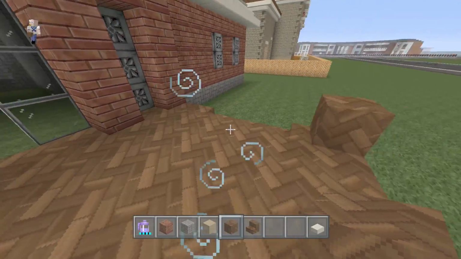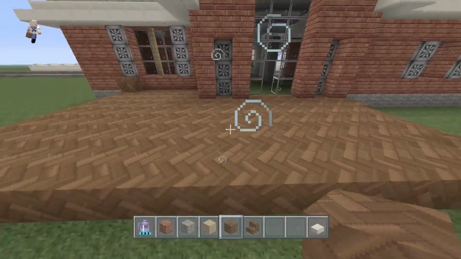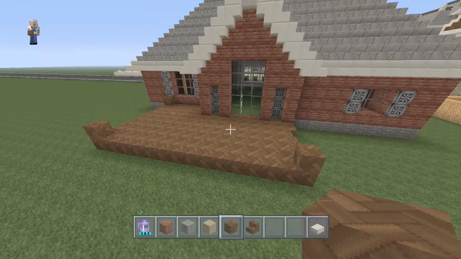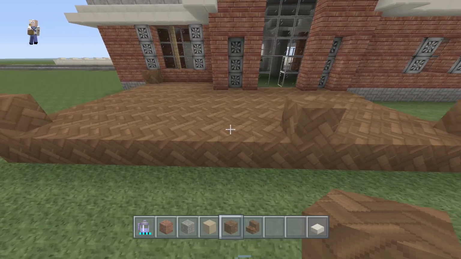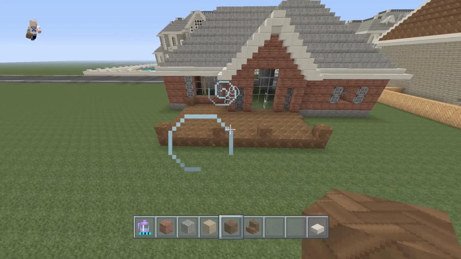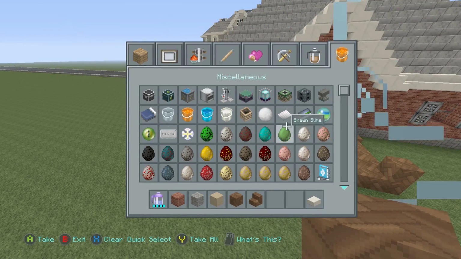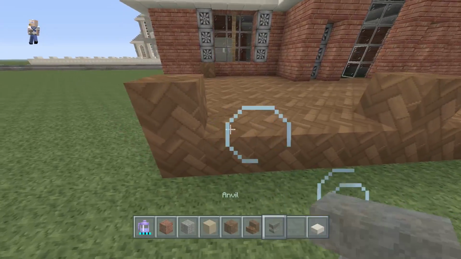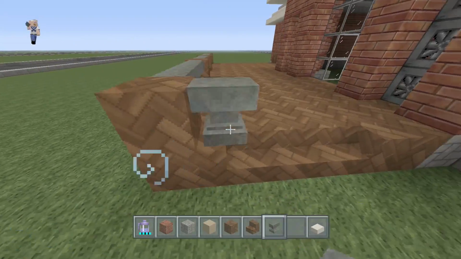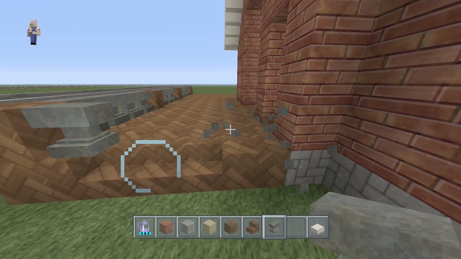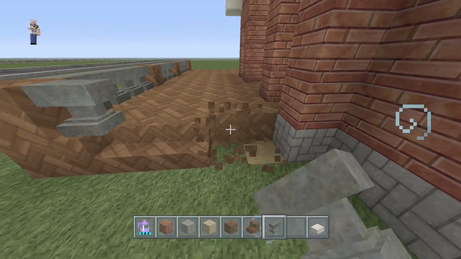And what I want to do is I want to use, what am I thinking of? Anvils, but we're going to have a couple gaps here in between to kind of separate from just one big piece. So let's take out some anvils and we're going to put the anvils here just like this. We can have them here as well. We're going to extend the stair out a little bit.